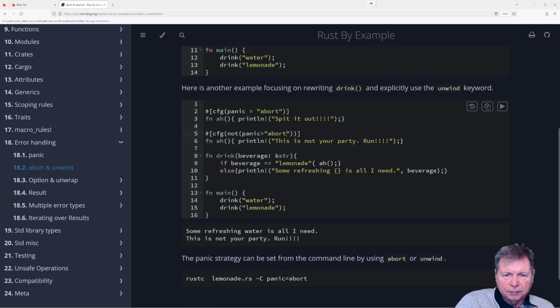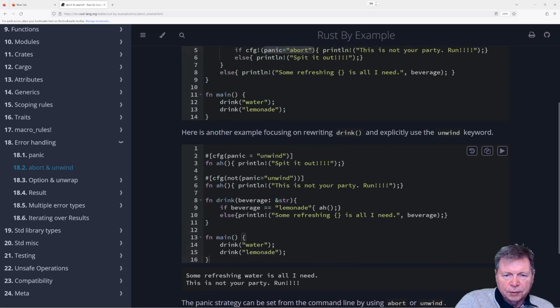Well, it didn't make any difference. Well, I don't get it. I don't get it. What the heck is going on here?